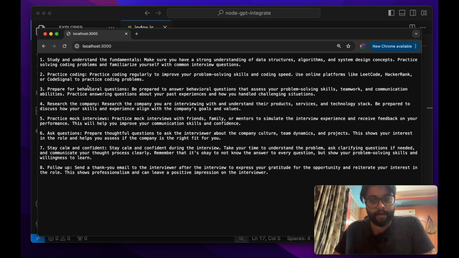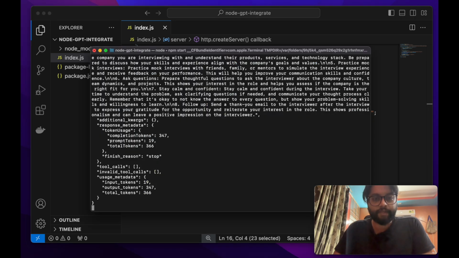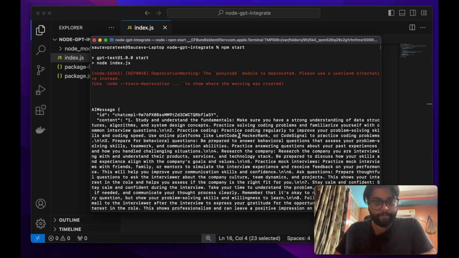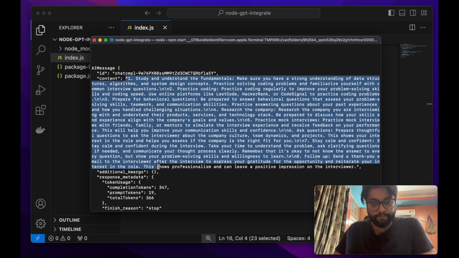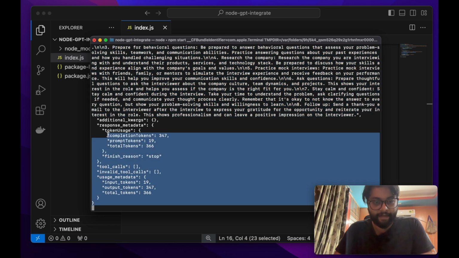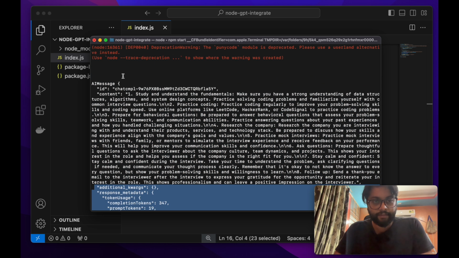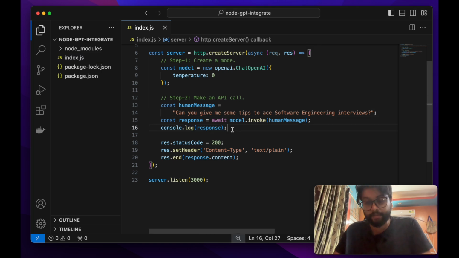We also have to see what we got logged, and we are logging the entire response, remember? So I'm going to see that again. You can see in the log we have the response. This is the entire response here. Within that, in the content, you can see the actual content which we printed on the browser, but apart from that there is the rest of the metadata as well. Right, so this is the entire AIMessage object, and this is how you integrate with the GPT API